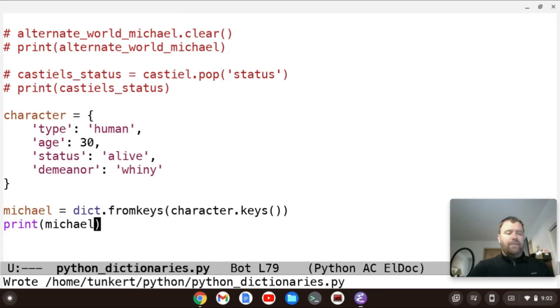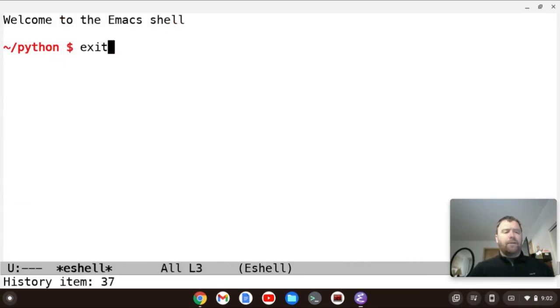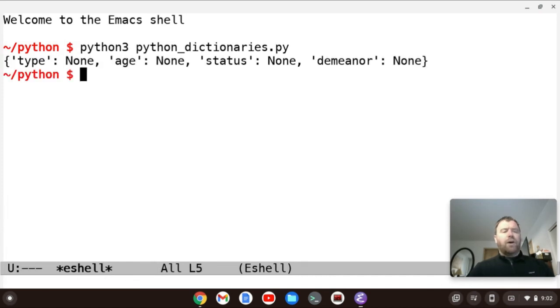Let's save this and run it. We're getting type is None, age is None, status is None, demeanor is None. So we're getting just the keys, but not the values. We can use that to create a dictionary.